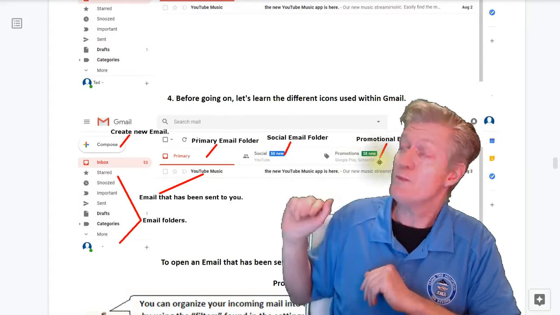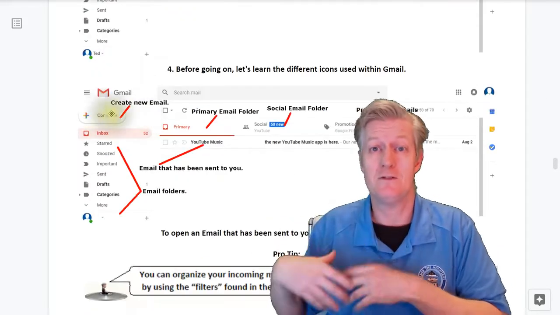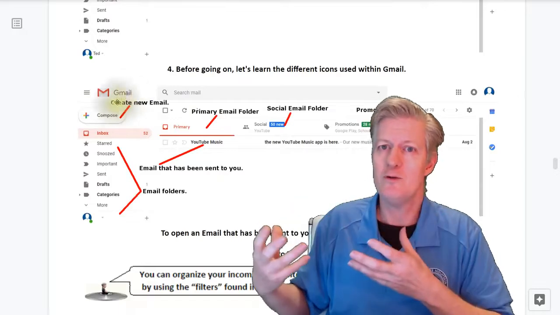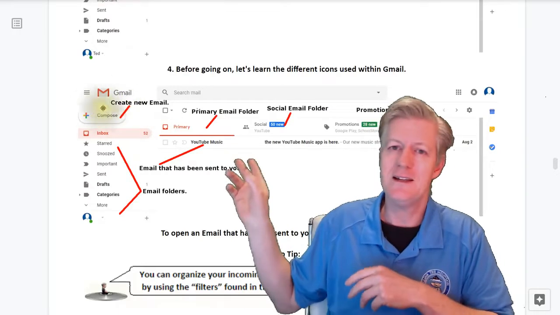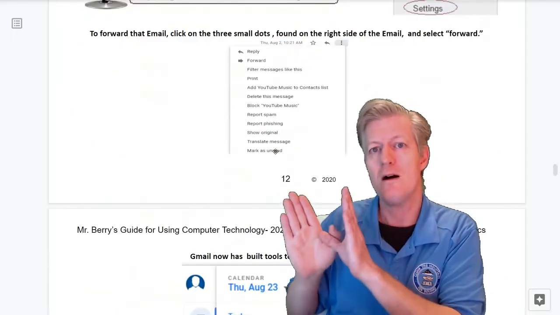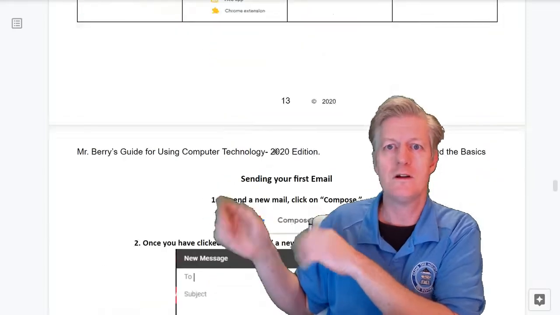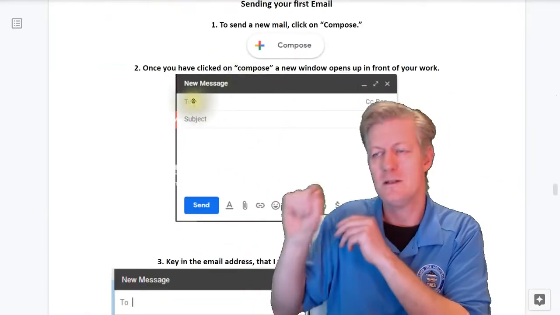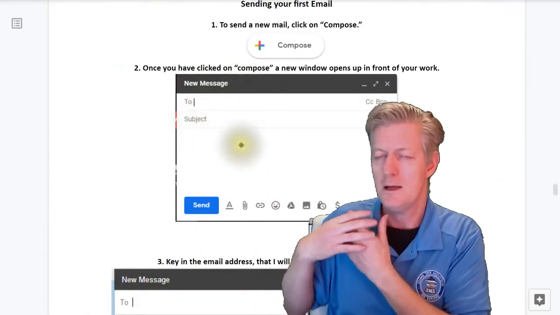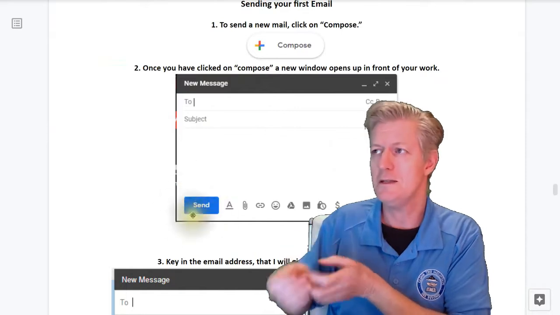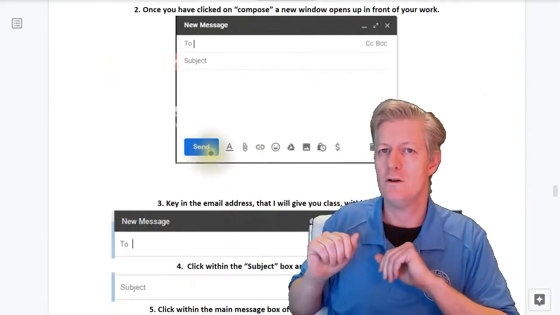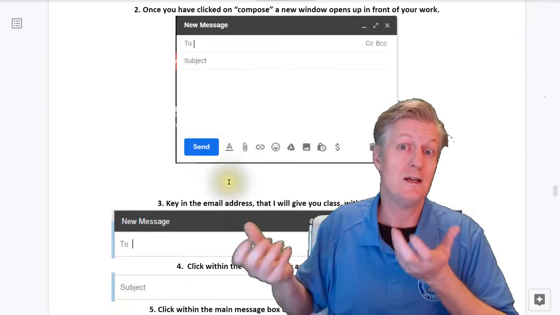Now the compose button is meant so that you can compose a new email. So you click it, and this opens up another box for you in front of your work. You key in the email address, type in your message, click on the blue button that says send, and boom, you're sending off your email. So it's really easy to create email.